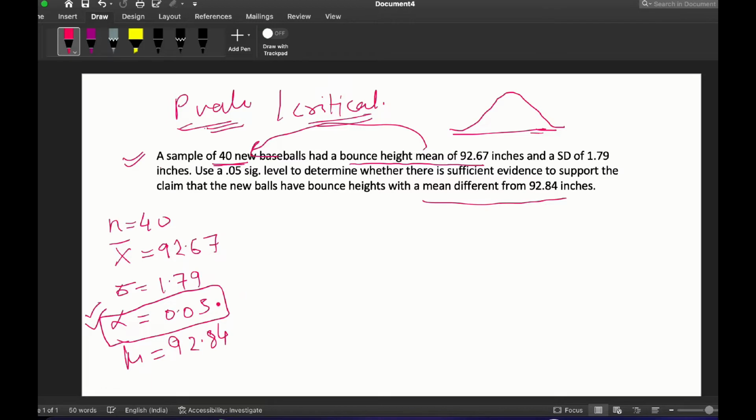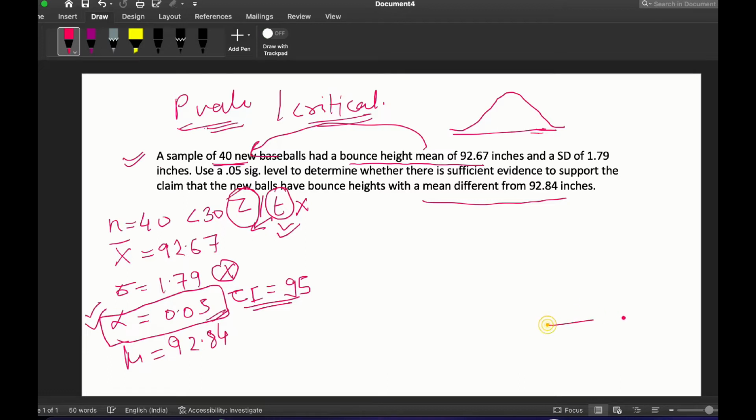acceptance. And in case, it also can be given as the confidence interval. If confidence interval is given as 95%, that also means that alpha is 0.05. This is the same thing. Also one more thing, when we have to use the Z table and the T table. I am not covering the T table part here, but I will just explain. In case the sample is less than 30 and the standard deviation is not given, then we have to use the T table. But in this case we will use the Z table.